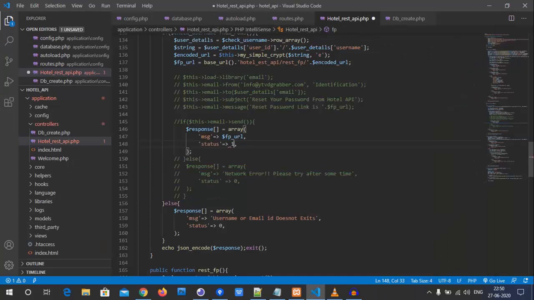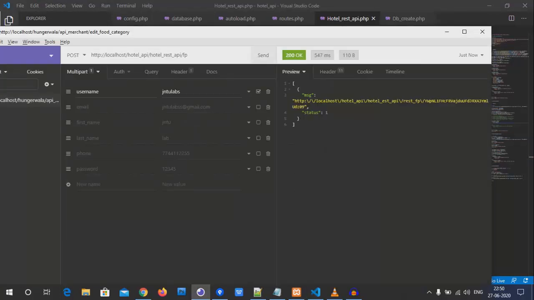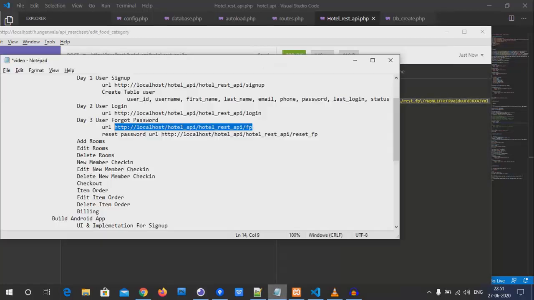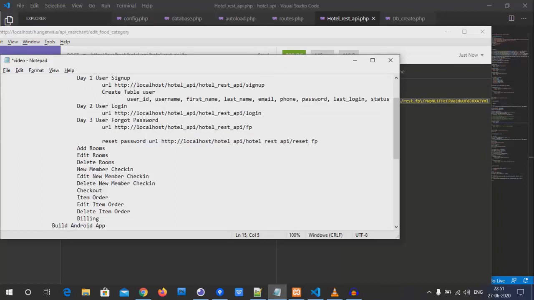Okay, let us think that something is wrong, like the user ID 2 does not exist, so what happens? So here you go, the username or URL which we have for the forgot password. Let us copy it. Here the forgot password URL will be this, since we have done JSON encode, we can get rid of this string. This we will copy right now.